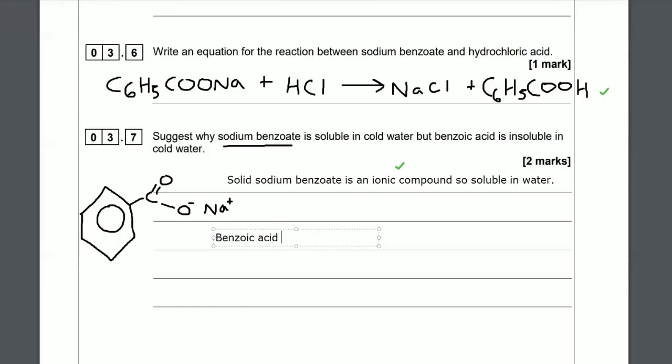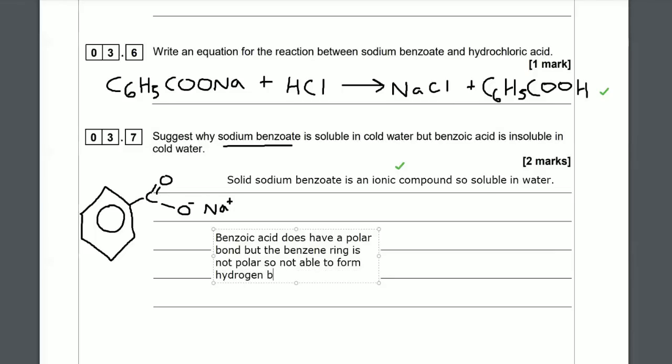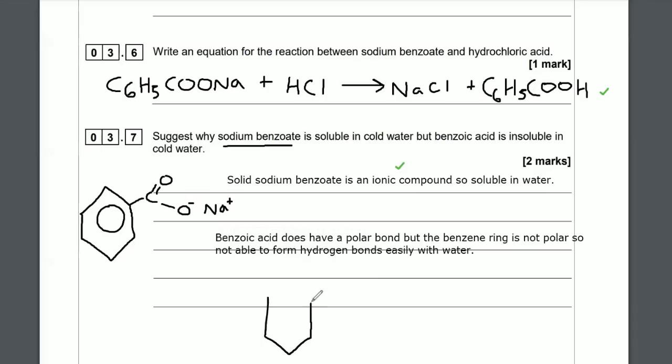However, when we look at benzoic acid, it's not ionic, it's a covalent compound, but it does have a polar bond. It's got that hydroxy group on the carboxylic acid. You might say, well, doesn't that mean it can hydrogen bond with water? It all depends on how big the non-polar region is compared to the polar region that can hydrogen bond. And in this molecule, benzoic acid, the benzene ring,